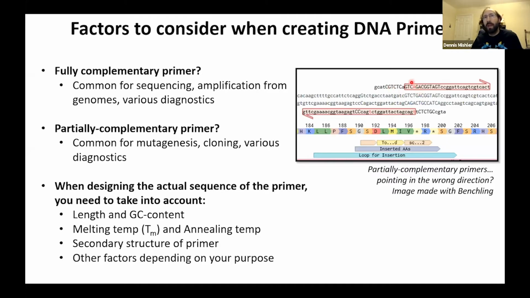You can also see there's a red A here. That's a mismatch. It's a mutation. It tells me that we're also introducing mutation with this primer. So we're going to be mutating this T position to an A. Okay. Same thing over here. We're making a mutation here. So this is a partially complementary primer. We're going to be doing some mutagenesis, and we're going to be adding some restriction sites so that we can